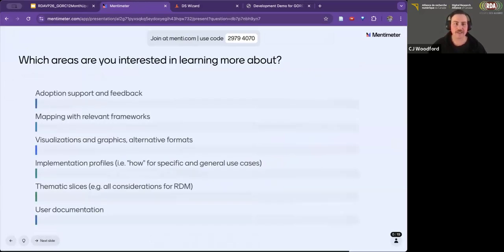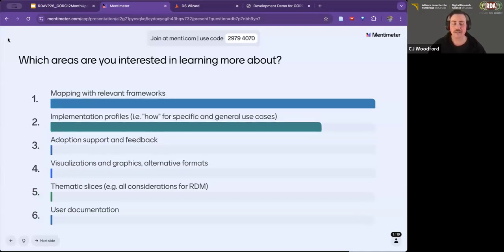And then, any areas you're interested in learning more about. For some of the folks in the audience, I know that you're already in task groups and task forces, so some of this is definitely going to be skewed. But I encourage you to give a ranking of what you're most interested in seeing in the next 6 months. That would be really helpful for us. So even if it's not a task group or task force you're currently in, or even one that you're necessarily interested in participating in, what would you be interested in learning more about or seeing out of the GORC working group in the next 6 months? That would be a helpful thing to think about.